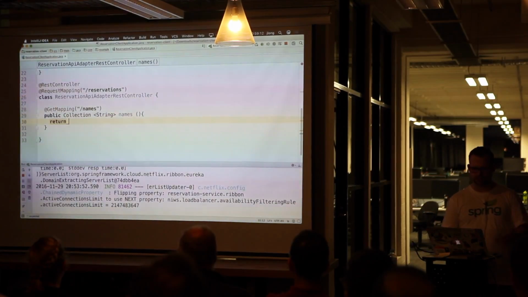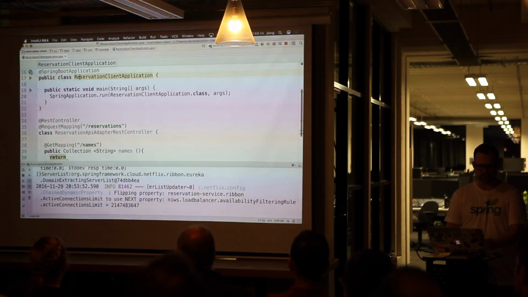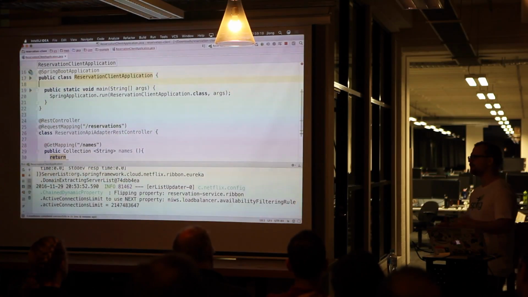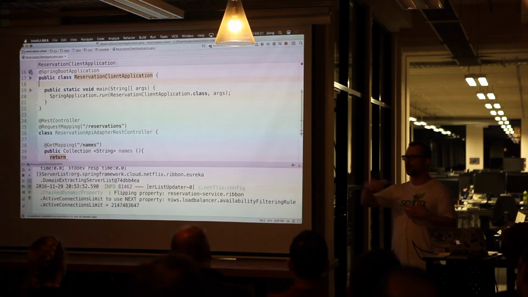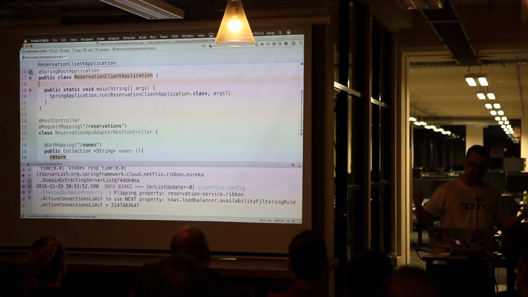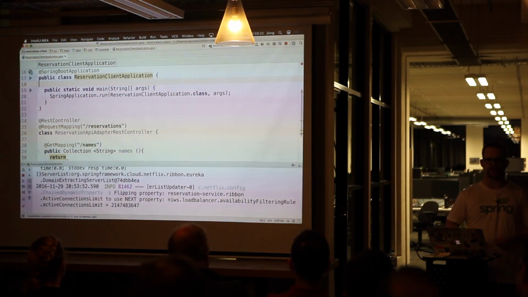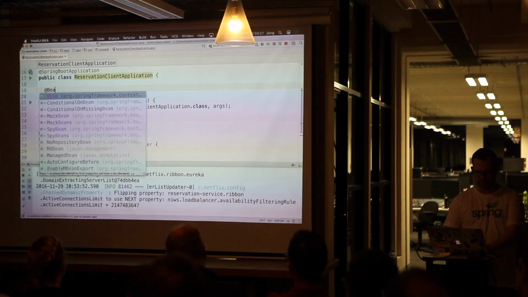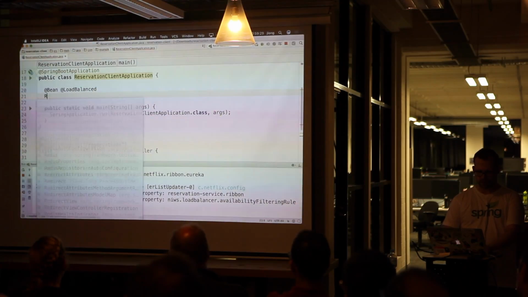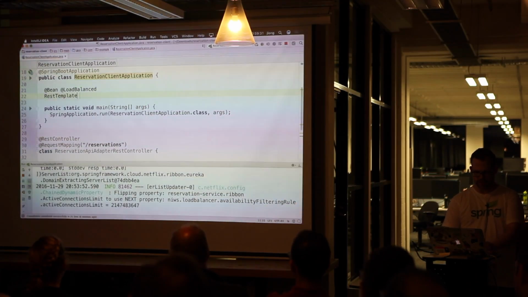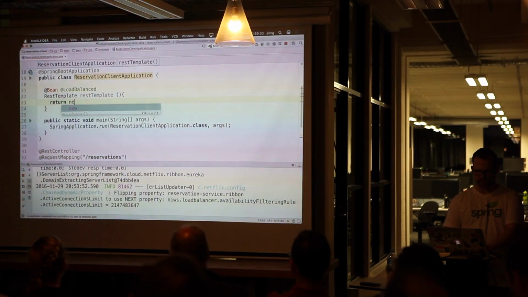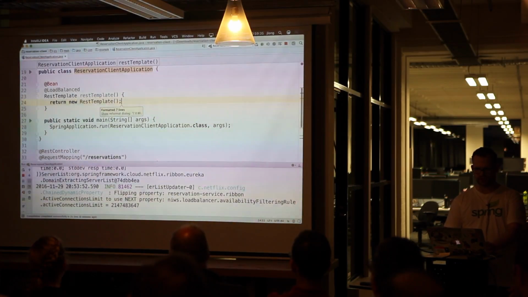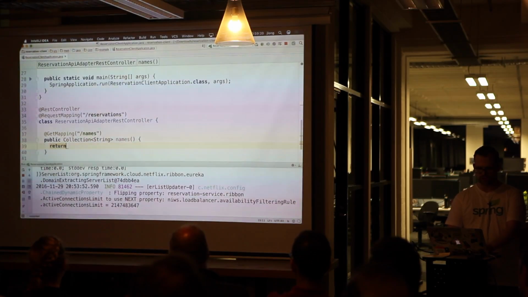And I need to actually derive those names. I want to call the downstream service, and so I could use Spring's REST template. The REST template is a convenient client-side object for calling HTTP services, and it would certainly work. I could create a load-balanced REST template like this. I could say @Bean @LoadBalanced RestTemplate, and then I could say return a new RestTemplate, and that would actually be a smart REST template that would do the right thing if I said, for example,